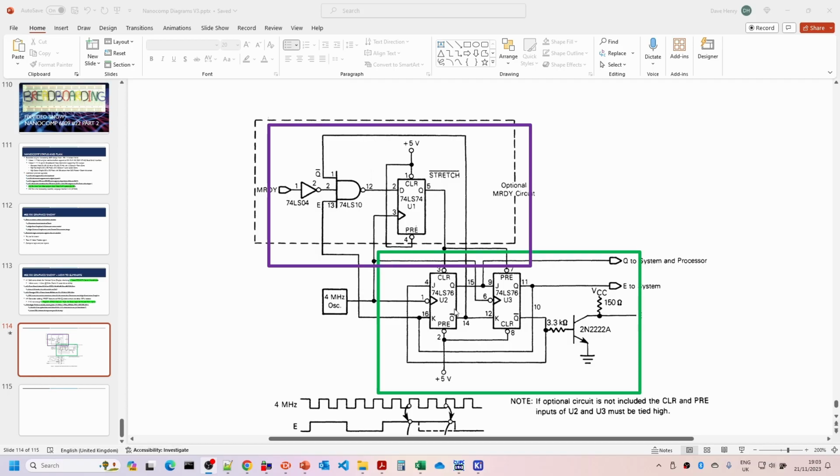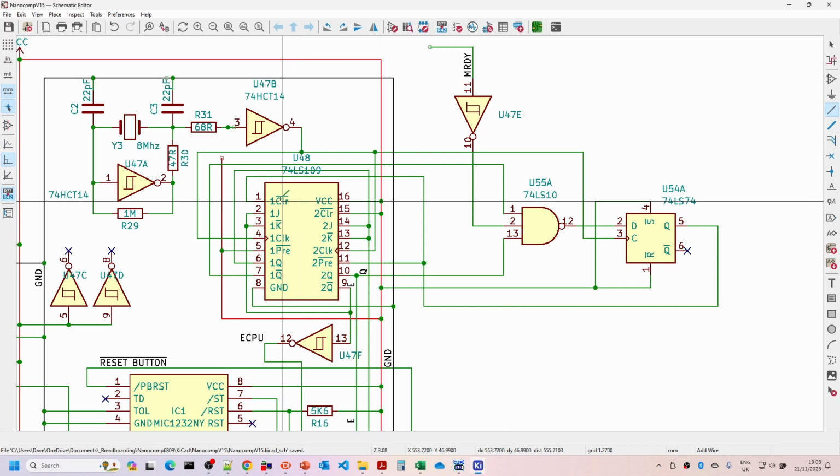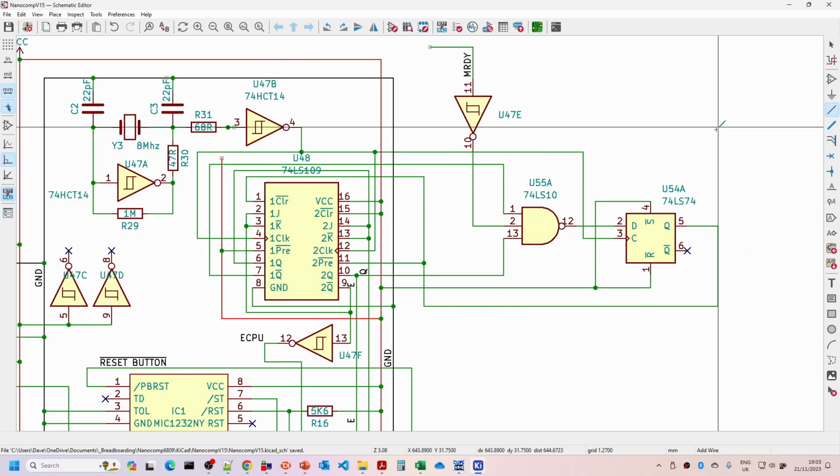Okay, so this is the diagram. Now the only thing we have to remember is that we couldn't get any 74LS76s, they don't seem to be available anymore, so we're actually using a 109. The only thing about the 109 is the K input is actually inverted, so rather than working off this diagram where we may make some mistakes, I've updated the KiCad diagram. So this is our original diagram, and all of the things are actually correct in here,